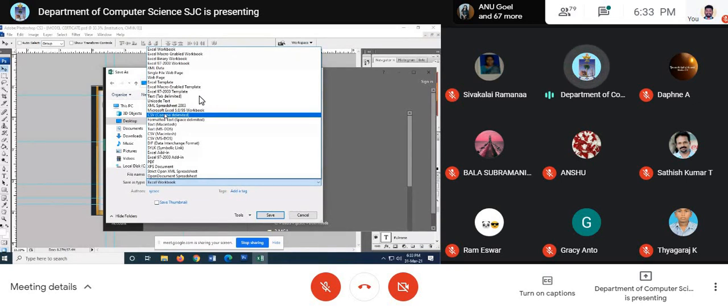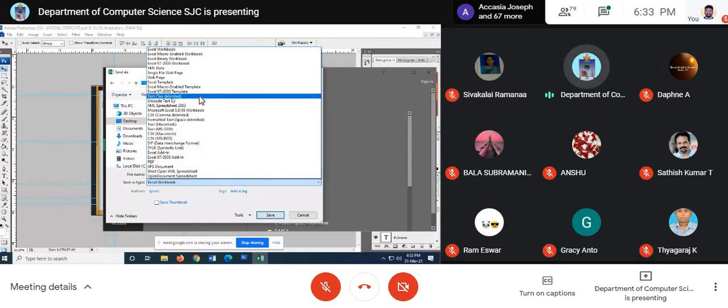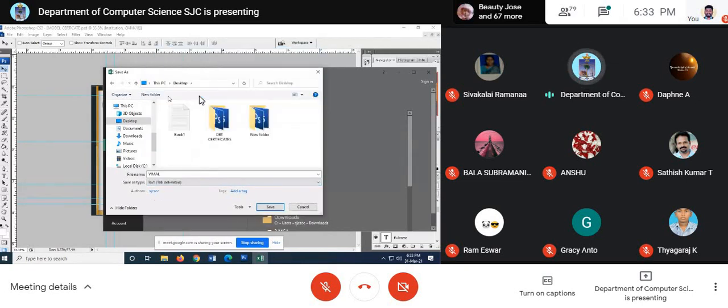So the other way also you can save. See, you can even save it as a text file also. For example, look at here. We shall try this text file. See, text tab delimited. Text tab delimited, right? I've clicked over here. This time we are going for, instead of CSV comma delimited, one more format, text tab delimited. I click here, this file, right? See, I just name it as Vimal.